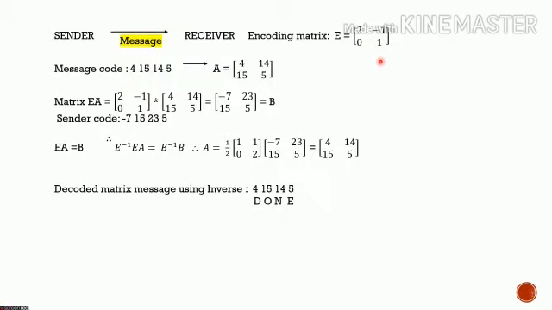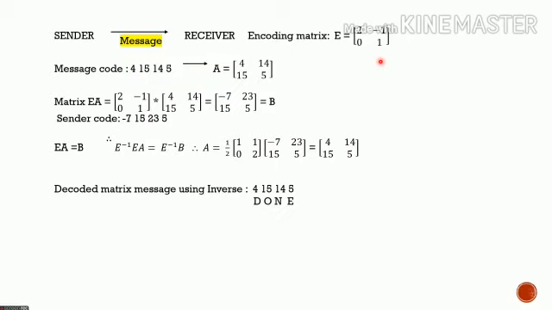Suppose I am the sender and you are the receiver. Now I want you to decode message DONE. When we see alphabetical sequence, D is the 4th letter, O is 15th, N is 14th and E is 5th letter.